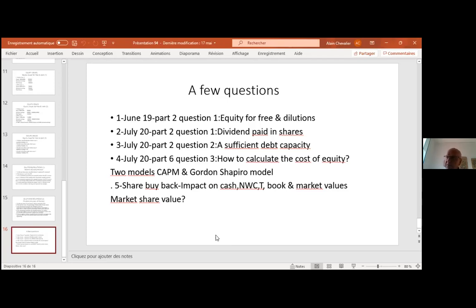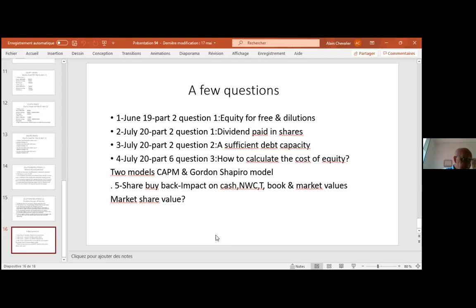So it's a more complex case for the calculations, but generally at the end of the process, we have a decrease in the wealth, small dilution, and we have a decrease in the power of control. But this is generally very limited because the level of dividend paid in shares is very limited compared to the level of total equity. So this is what we can say for that question.